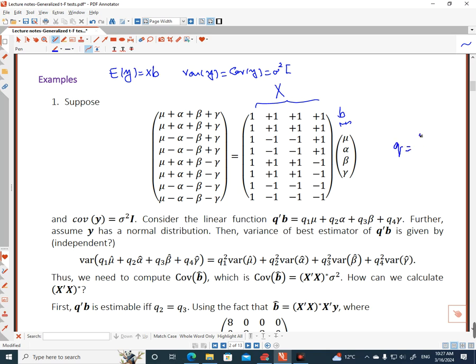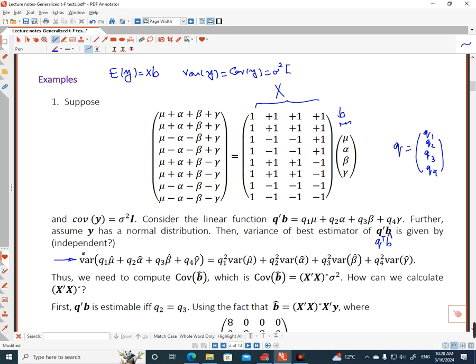We further assume that q has 4 elements, q1, q2, q3, and q4. So we consider a linear function of the parameters, and we want to conduct hypothesis testing. Remember, according to the Gauss-Markov theorem, the best estimator of the q prime b is the q prime b hat, and the variance can be obtained in this formula,